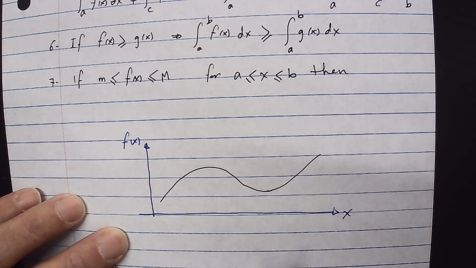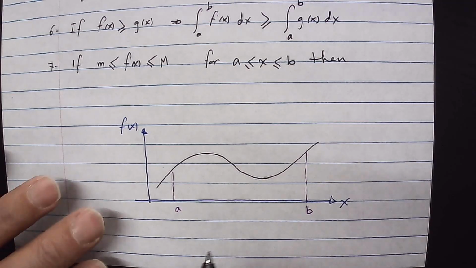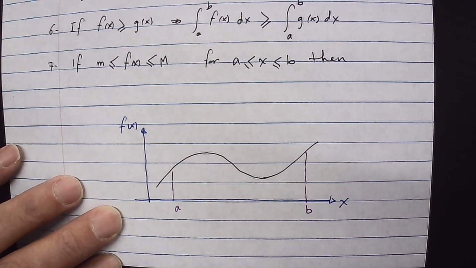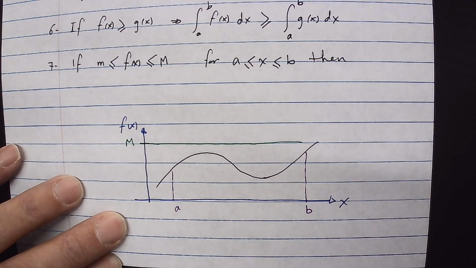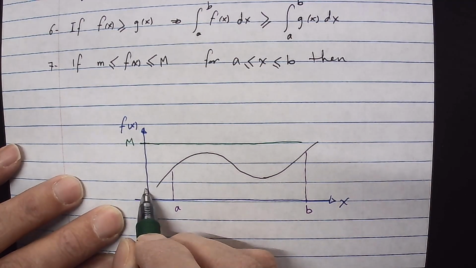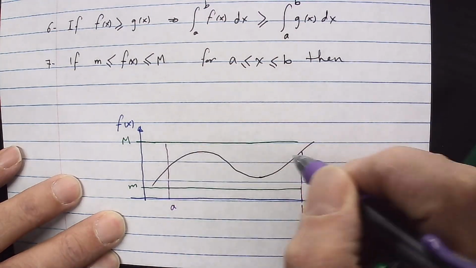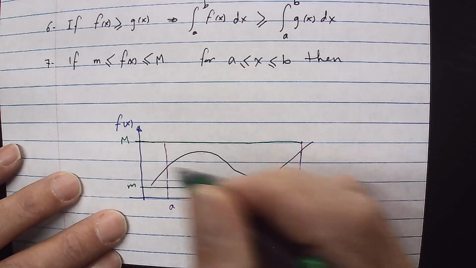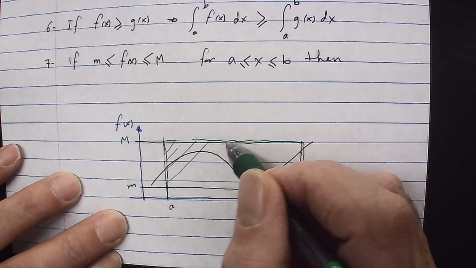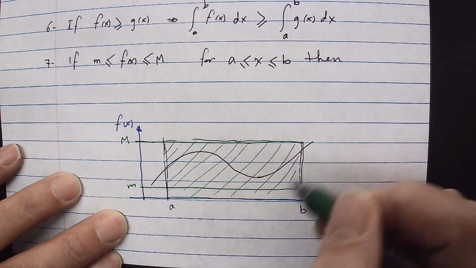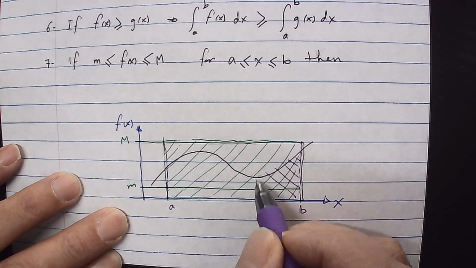So if I take the interval between a and b, in this case, if we have an upper value here, let's say capital M, and the lower value, say here small m, then what we are saying here is that the big rectangle's area here, which is M, I will shade it like this, will be greater than the area under the curve itself, which I'm shading in here,